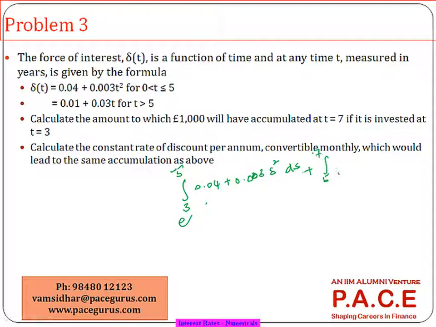I'll make it 0.01 plus 0.03 s ds. So just doing a quick integration, assuming now the concepts are getting sunk. 0.04 into 5, this s is becoming between 5 to 3. Similarly 0.003 into s cube by 3, which becomes 0.001 into s cube, which is being taken